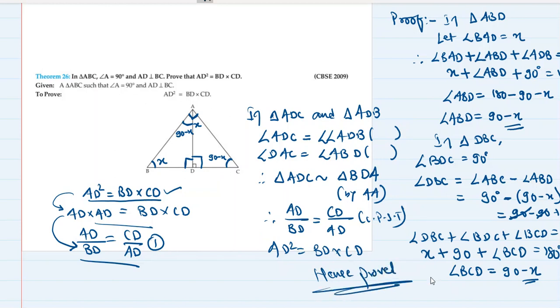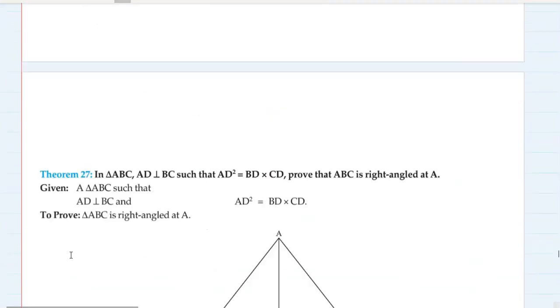Easy, very easy. So remember this theorem, how to prove. Actually, you cannot remember any theorem. You have to understand the technique. You have to understand the steps, the method with which I'm trying to help you. I'm not just telling you "do this and the proof will be done." It doesn't work like that. There are techniques which you have to apply. Okay? So I hope you are getting it. Let's go to the next theorem.